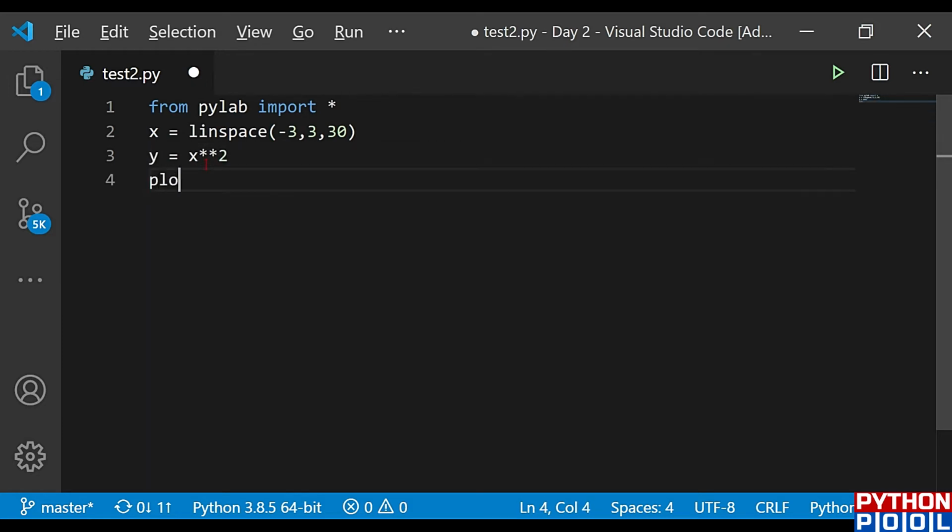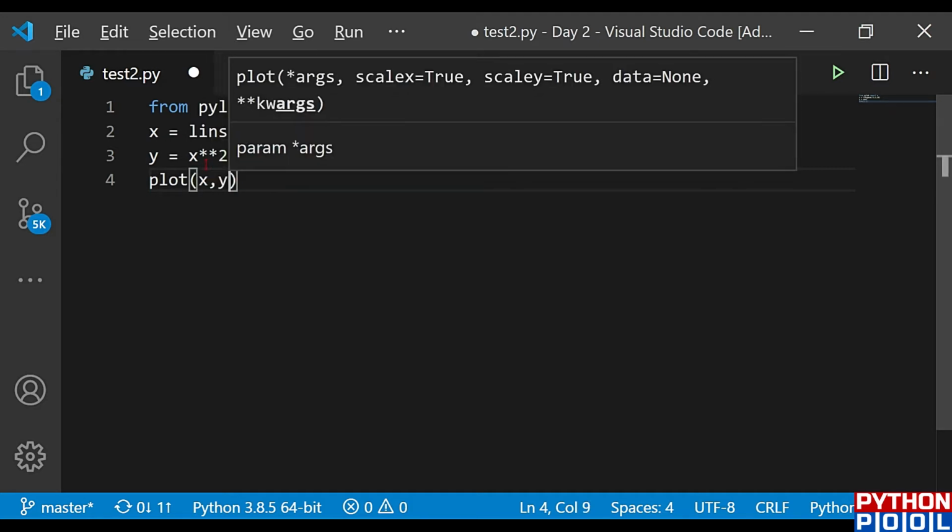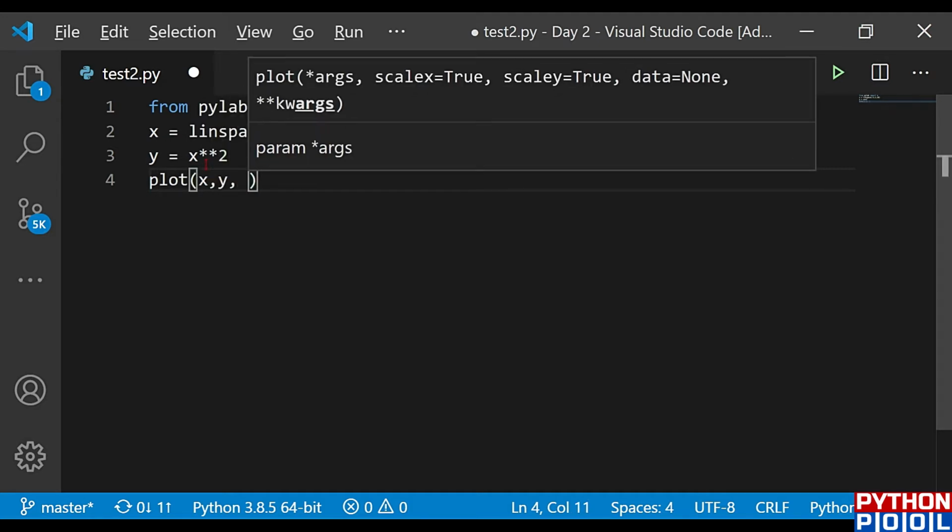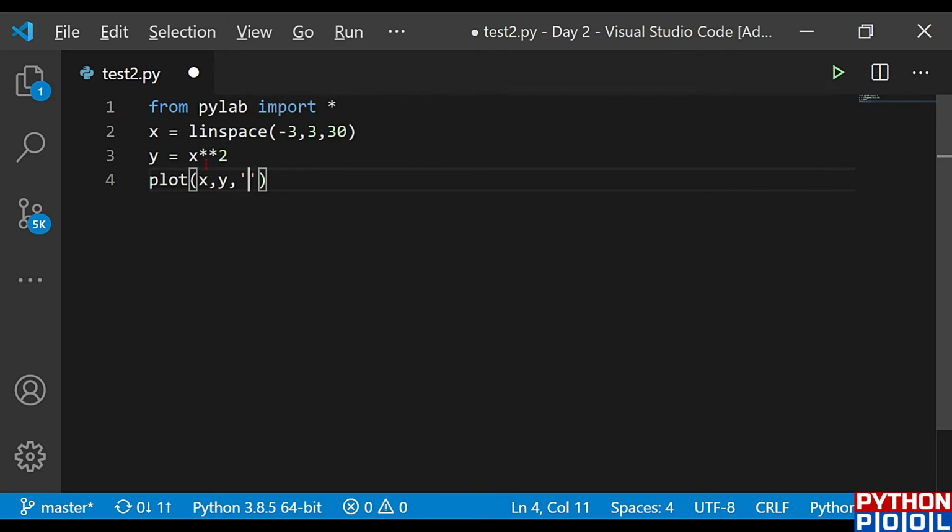But instead of plotting simply x and y, I'm going to give another parameter to this plot function. I want the graph to be plotted in red color and in a dotted manner. Once I give this r and dot, these are the two characteristics in which I want my graph to be plotted: it should be plotted in red color and it should be a dotted graph. Once I call the show function and save this program,